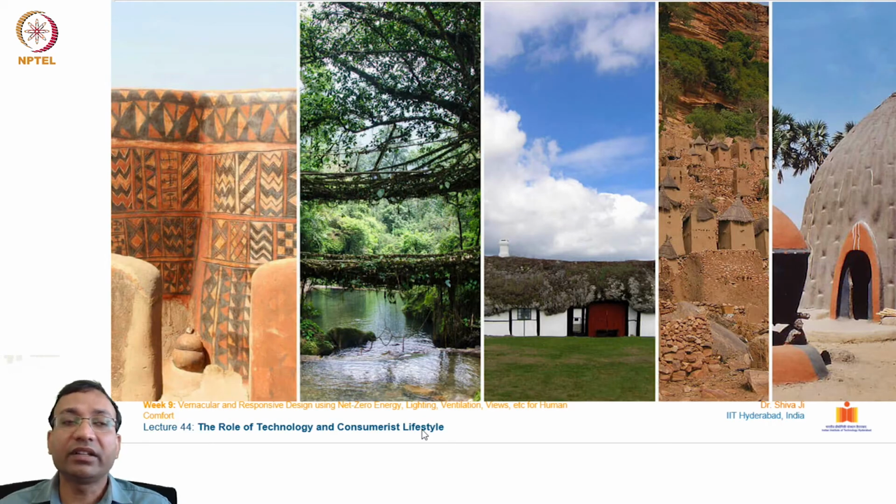human ingenuity and creation, where they have used the natural roots of certain creepers, very strong creepers with a very high tensile strength, to weave a bridge, a crossover, for crossing this water stream which is flowing in the lower side you can see. And it's not just one level, it is a two-tier root bridge, from the state of Meghalaya in northeast India. So this is a very unique system, showing how nature can itself be used